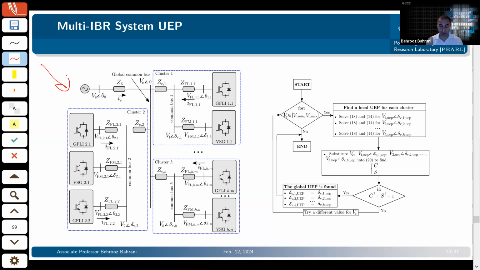This is a radial network where we have a number of inverters connected to one point of connection and connected to the grid. This example can be, for example, a renewable energy zone. In Australia, we have a number of renewable energy zones where a number of IBRs are being connected to the network radially, and this is a perfect example for that. So far what we've done, we managed to...